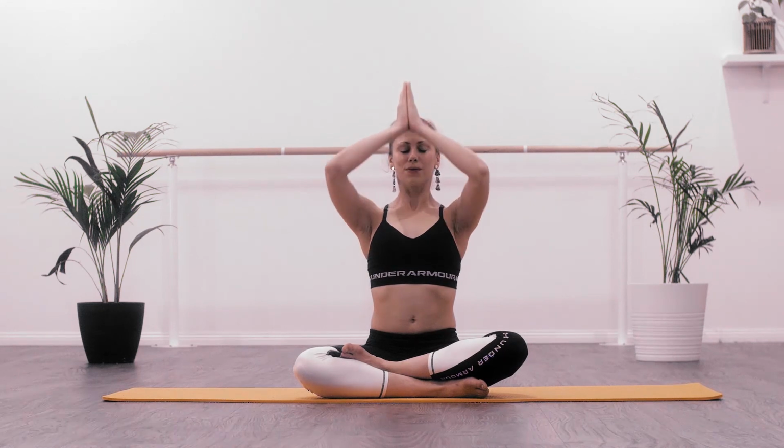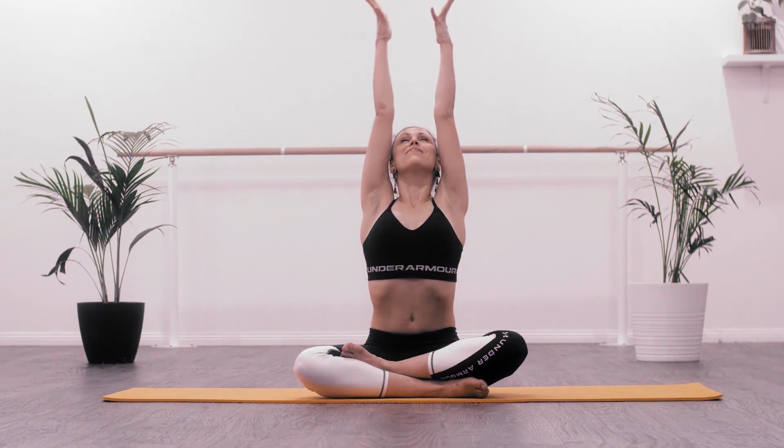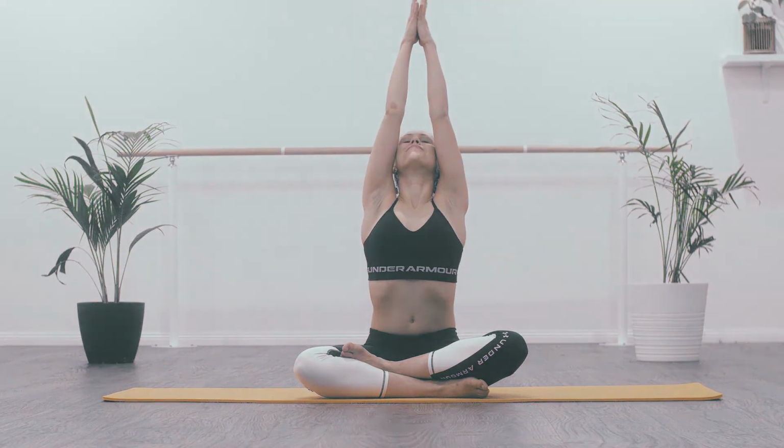Reaching the arms above head and exhaling, bring the hands to heart center. Lovely. Inhale, reach the arms long. Exhale, bring the arms through heart center. Just to finish off our practice for the day, inhale